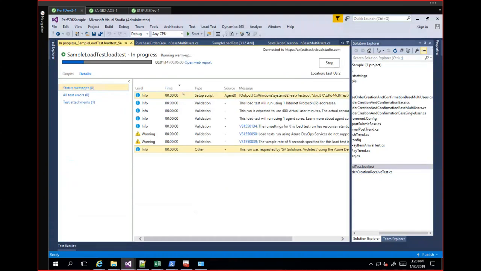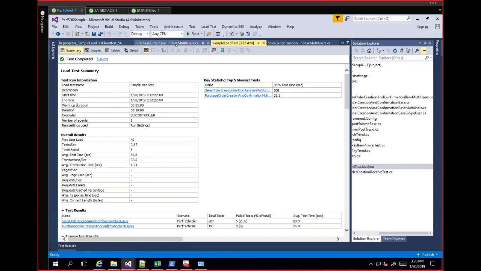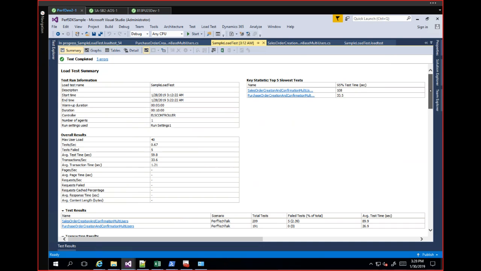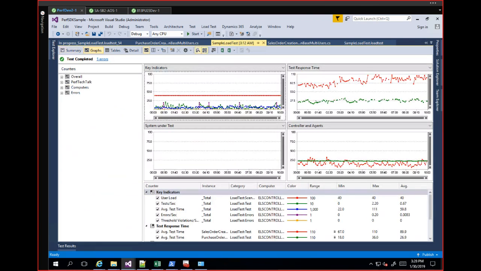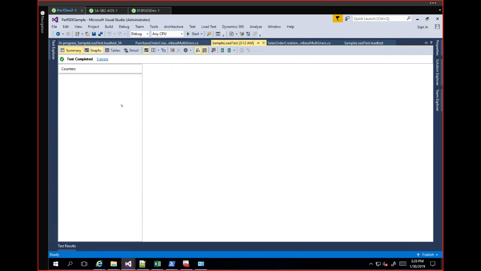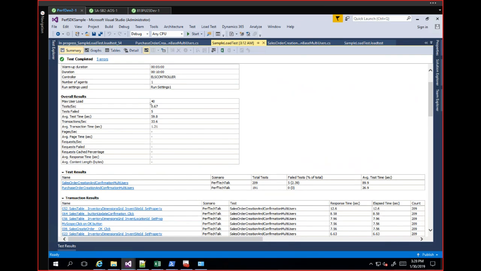This one is still under the warm-up stage, but I do have some complete test cases. For example, this one: once you complete, this is the report you will get from the load test in Visual Studio. You can first look into some of the graphs, and the report itself is going to tell you in total how many concurrent users were loaded during your testing,